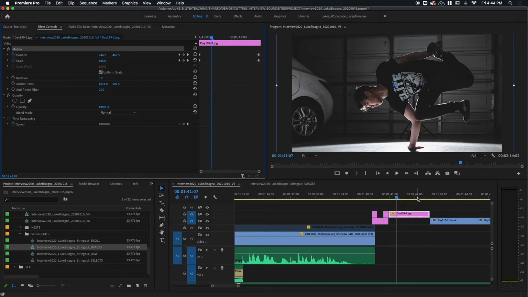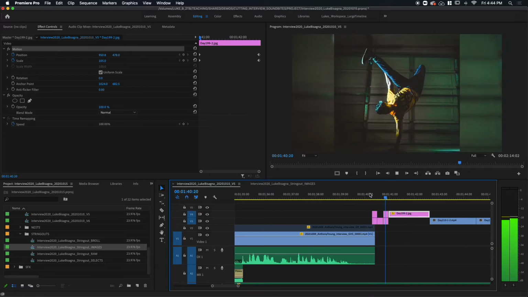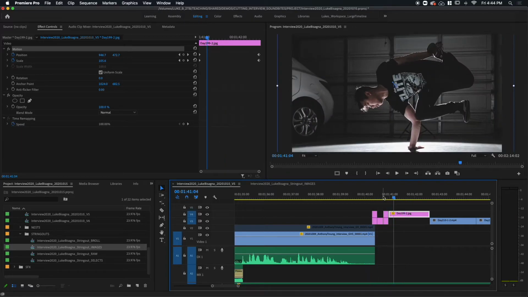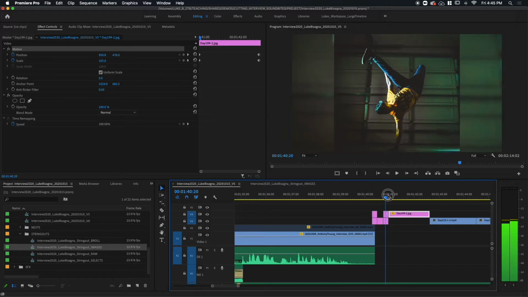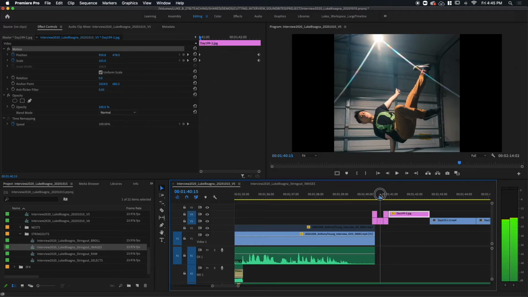That just happened to work for this. You don't have to do it that way. But I was trying to do that so we could help place focus on the fact that all of this here is being held up by one hand. Pretty cool. Now in the quick cut portion of it, there's 3 images that happen in quick succession and then this one that we hang on for a little while. And I'd like to draw your attention to the second of the 3 images here.